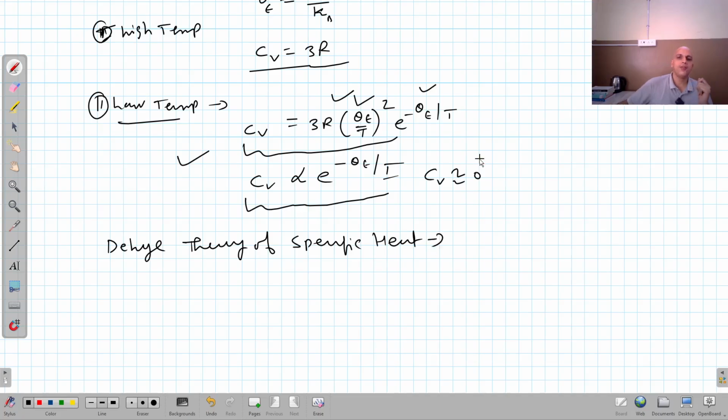So whatever flaw was there, although this theory was sufficient to explain that at very low temperature the specific heat decreases with decreasing temperature and approaches zero as the temperature approaches zero, at very low temperature the graphs that we obtained were not matching with the experimentally observed facts. So the discrepancy was removed by Debye.